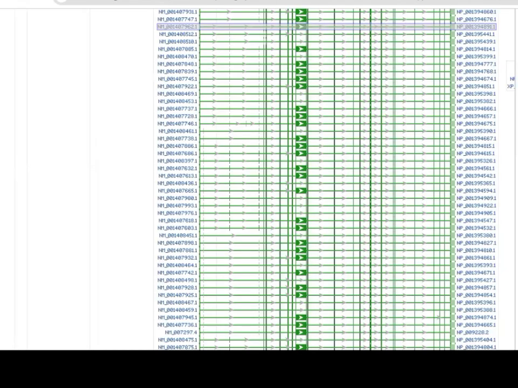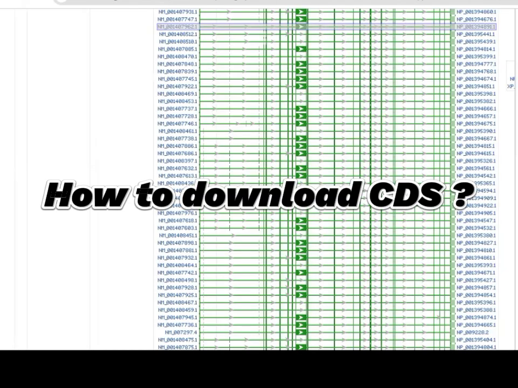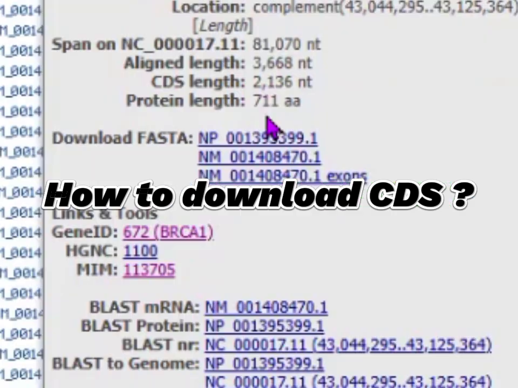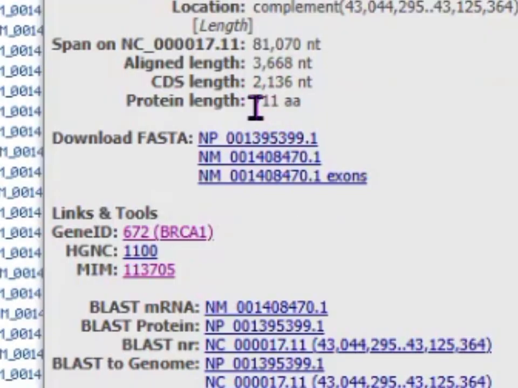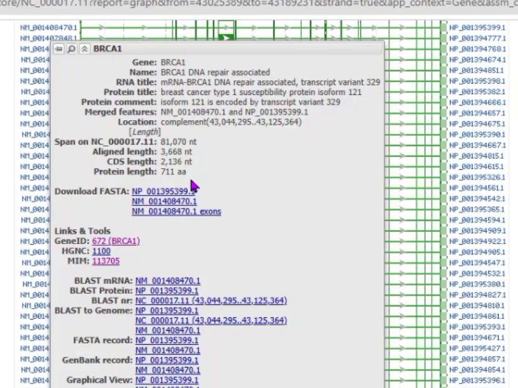Next is how to download the CDS sequence, the coding DNA sequence. Here you can see the information about CDS, like the length of CDS: 2136 nucleotides. Protein length is 711 amino acids. Here you can get the information about this. Now, how to download this? Only the CDS region is translated into a protein. To download CDS,